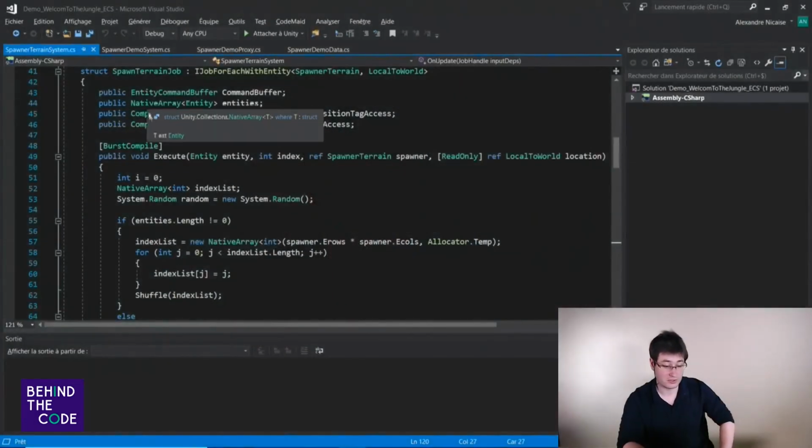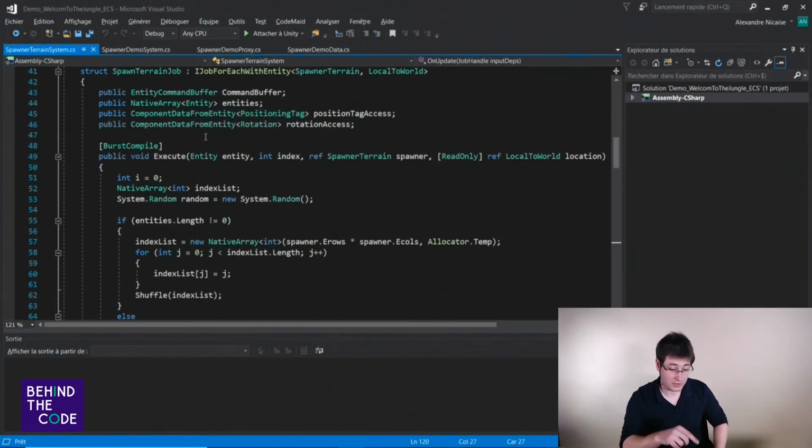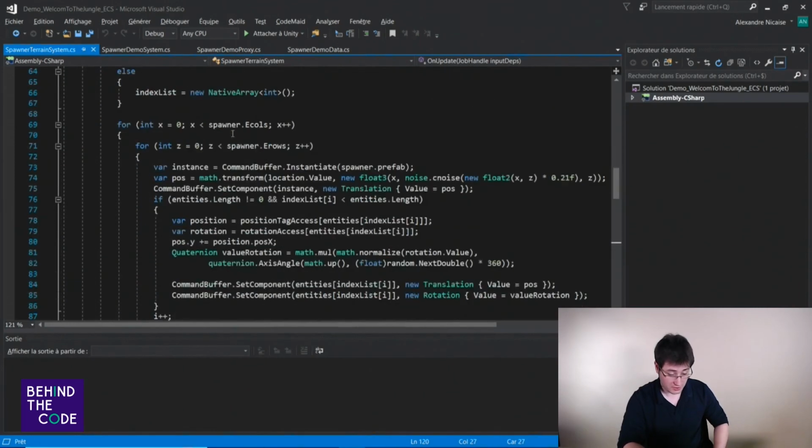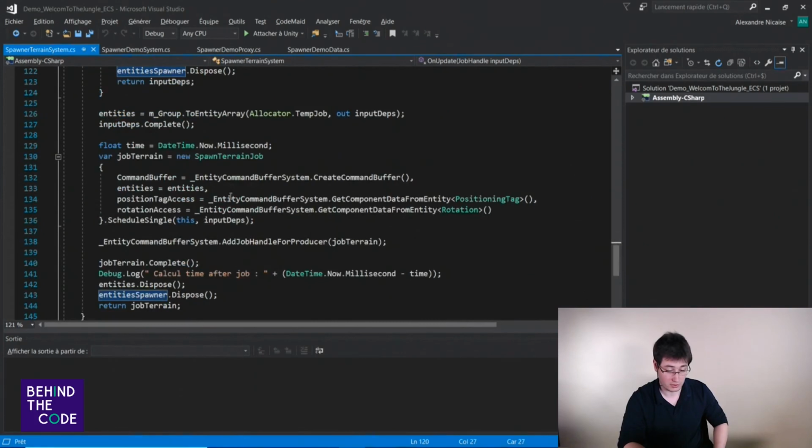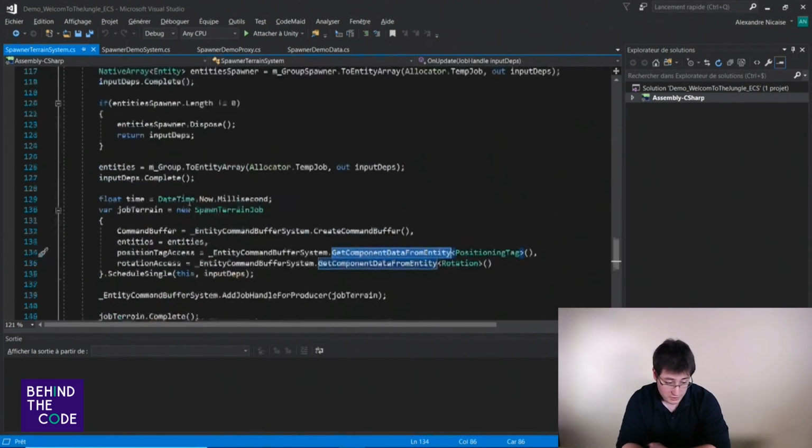For that you need to add a component data from entity on your component, and to instantiate it, you will need to have your entity command buffer, and only make get component data from entity, and that's it.